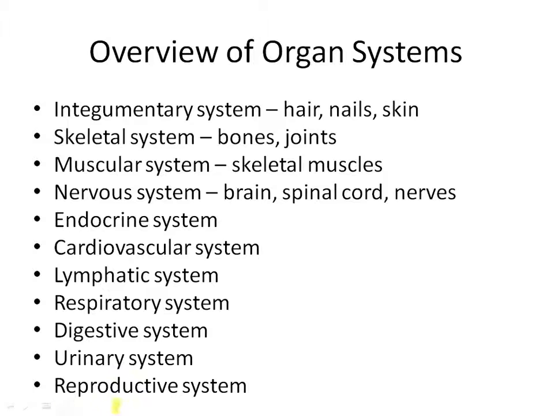You notice that all these other systems on the list, they will be covered in A&P 2. This should give you some idea that since we're only covering four systems, some of these systems are going to be pretty complex, and it's going to take a little bit of time for us to go through them. The main one that is going to be most complex for you is the nervous system. But we're going to take it slow, and we're going to all learn everything we need to know about the